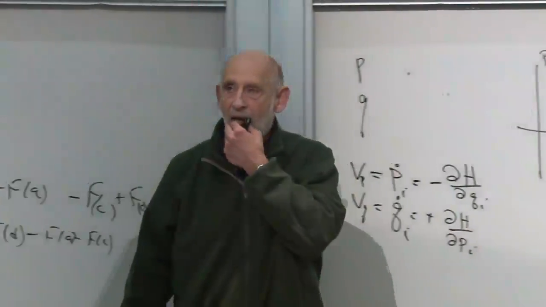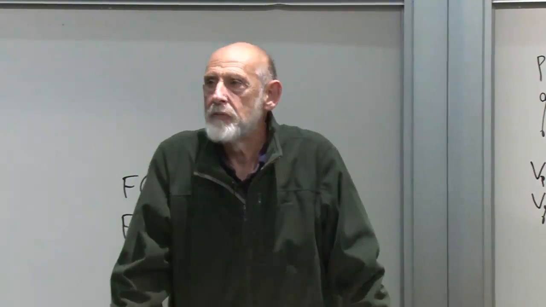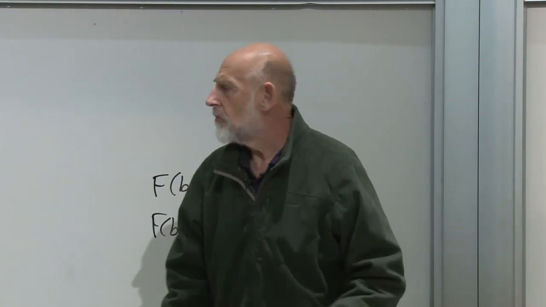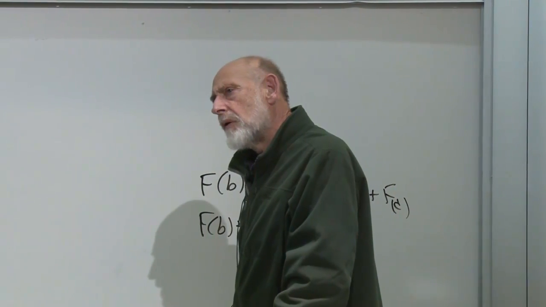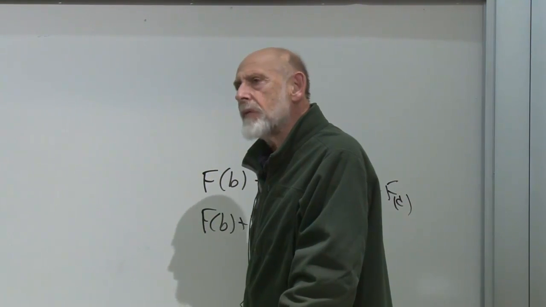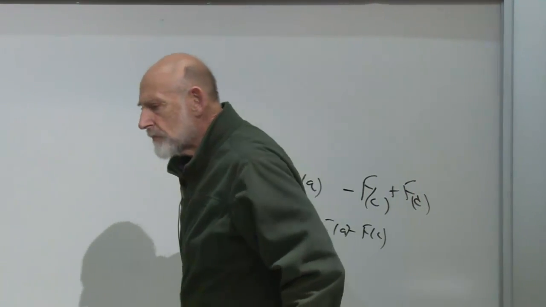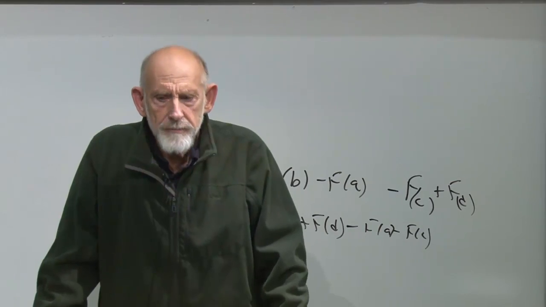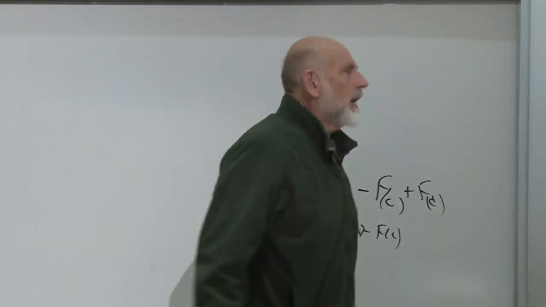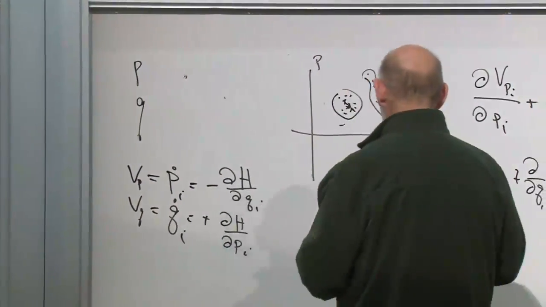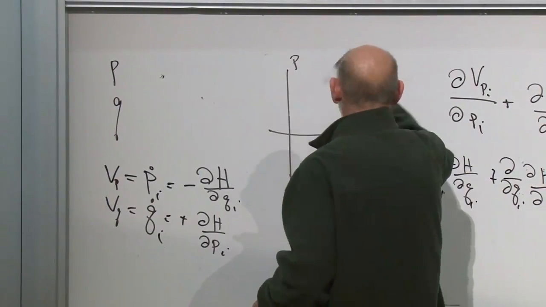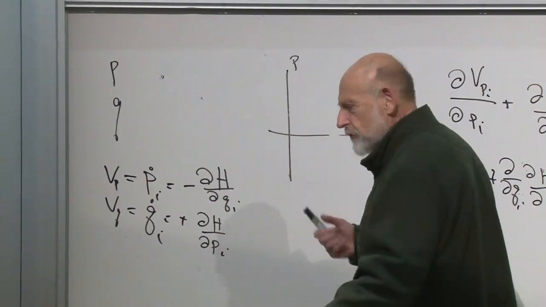That's right. So I have a question I think is related to what you're talking about. It seems pretty easy to see how Liouville's theorem follows from Hamilton's equations for the phase space velocity field. But I'm kind of fuzzy on what this fluid is. What's the initial density? Well, all these points are different states of the system. If I don't think about the fluid, it all seems straightforward. You don't have to think about the fluid. Forget the fluid if you like. The fluid is just to visualize. Physicists always draw the fluid because it's a useful trick to visualize.